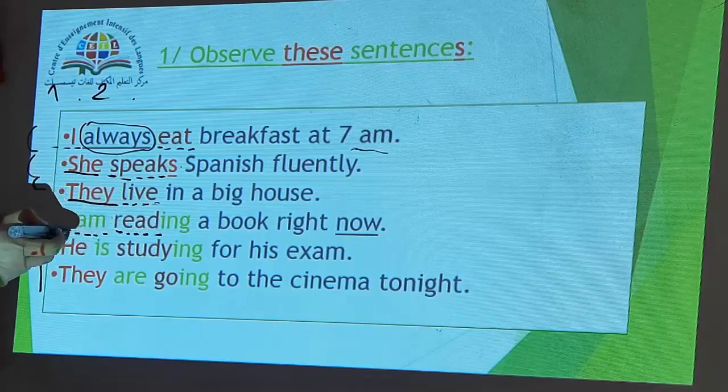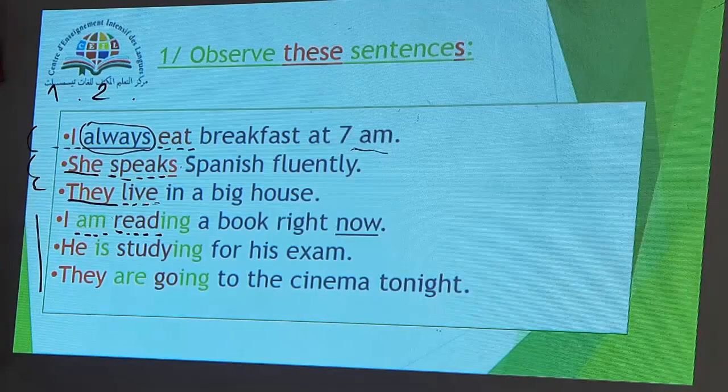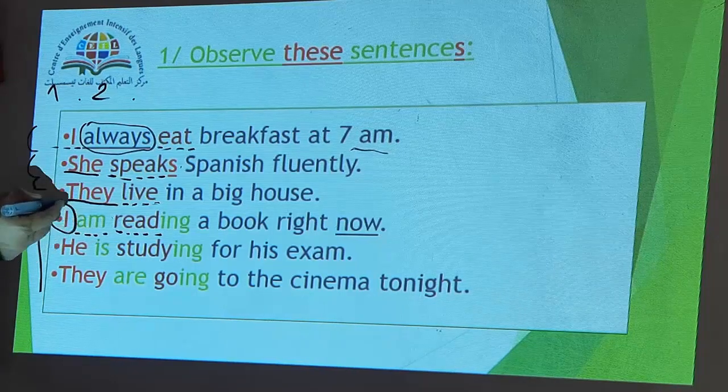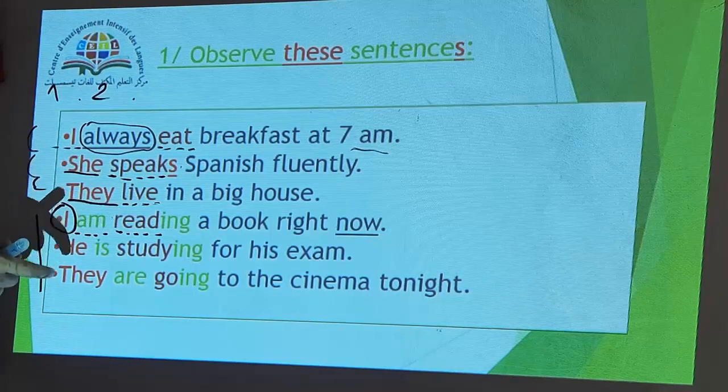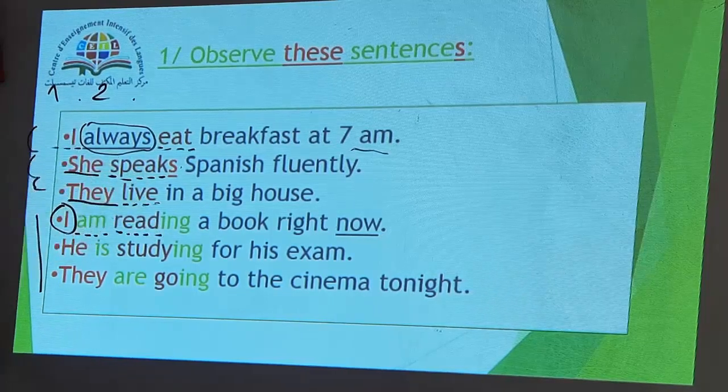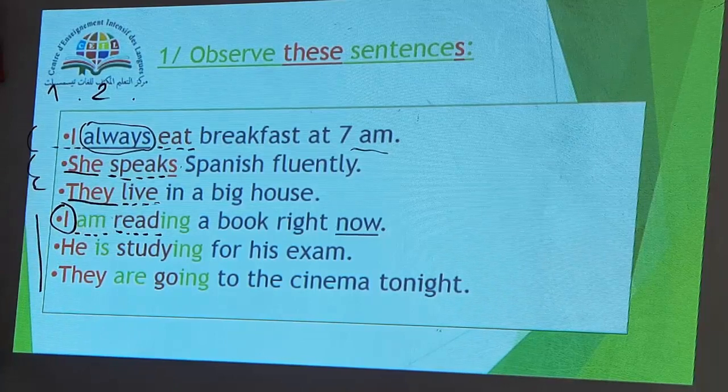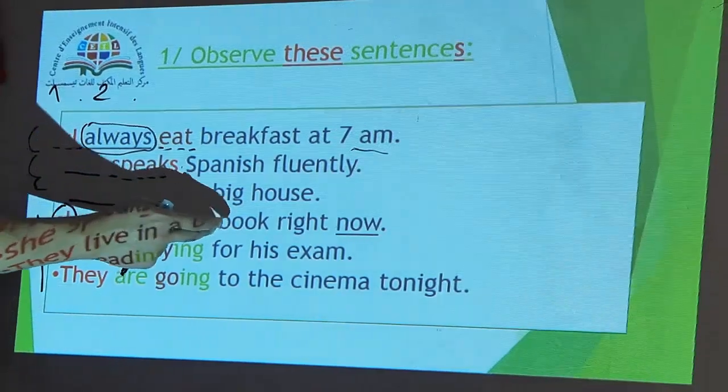And here we might say that this is also a verb. However, the verb to be here is functioning as an auxiliary. So, our subject is I and am is an auxiliary. Read is our verb plus ing. And this is how we form the present continuous. Okay? I am reading a book